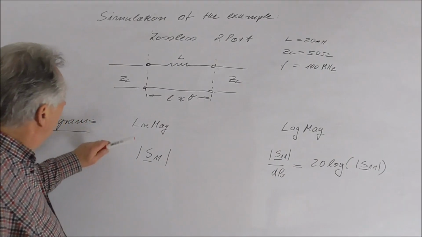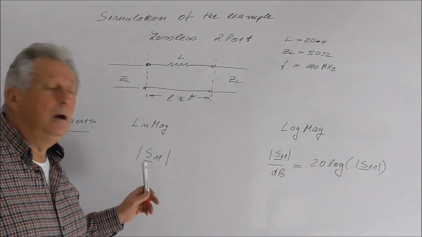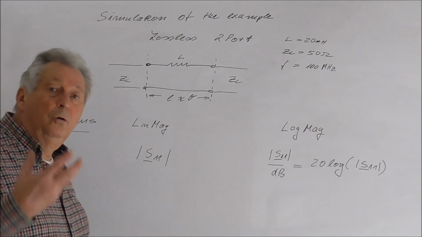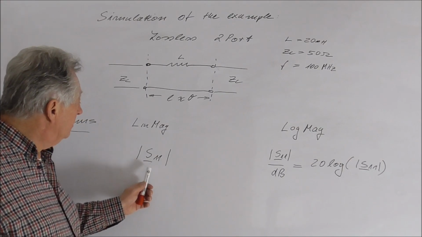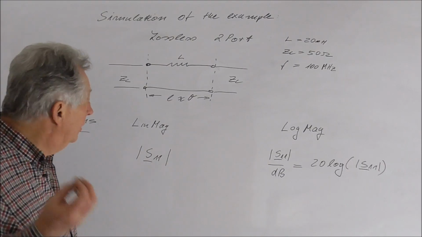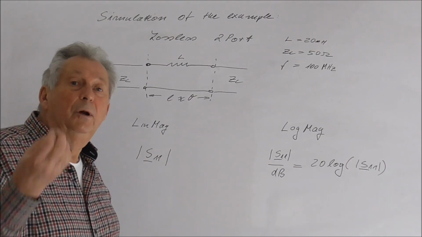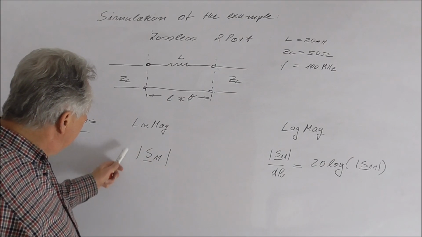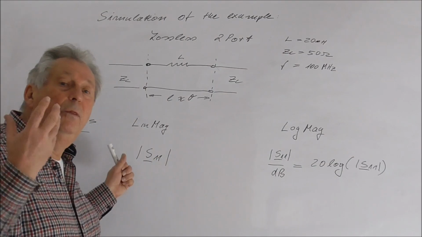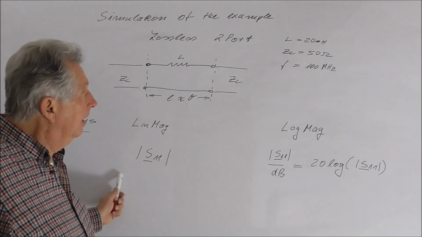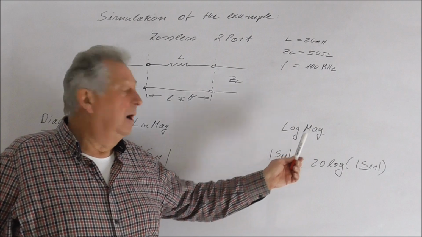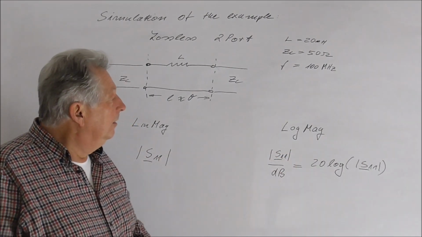If I have a LinMag diagram, the parameter, for example the absolute value of S11, which is just a number and which normally is always smaller than 1, is displayed in the linear scale. And if I have a LogMag diagram, then